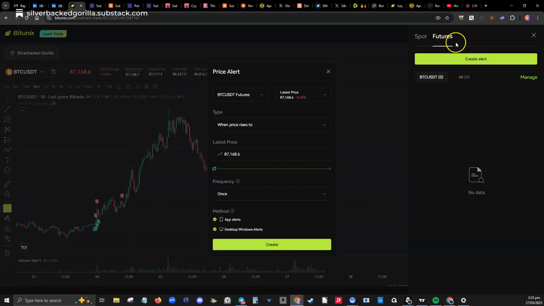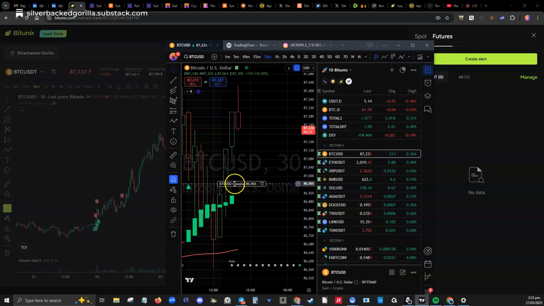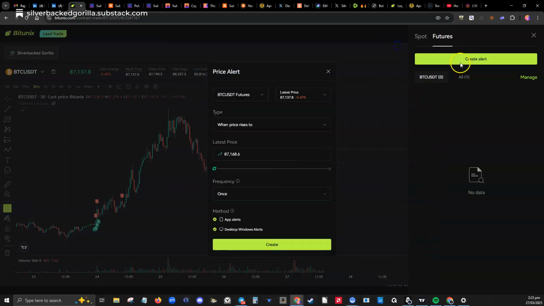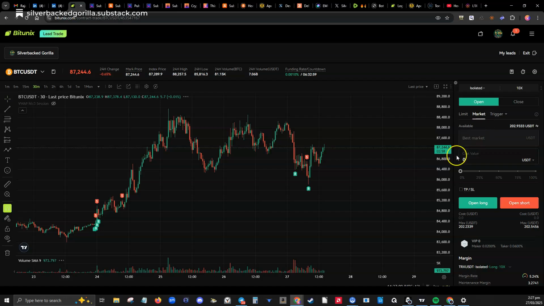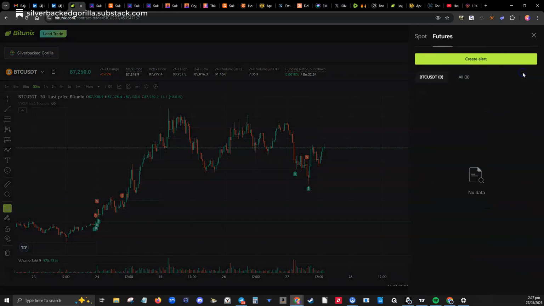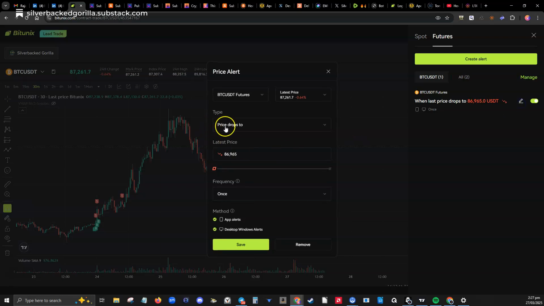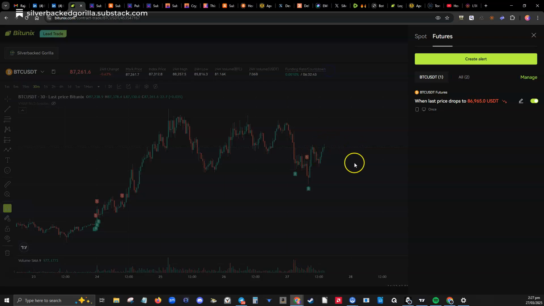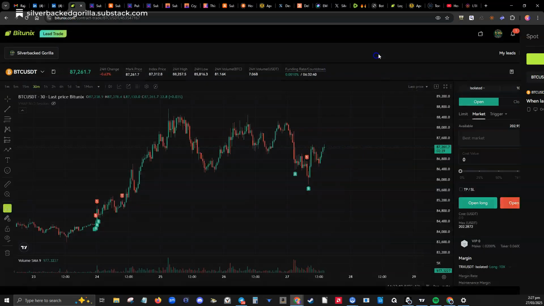If you're on this chart, for starters, it comes up for alert for this chart. So we were at 86,965, right? So create alert. 86,965 was the alert, right? Just once, and it'll come up on my phone and also my desktop. I had to actually stop that for a second because I accidentally did it twice. But anyway, going back into there, we've got the BTC alert. When I went in there, I had to change it to when the price drops to, because we were actually currently above that price. So that's why it didn't take.